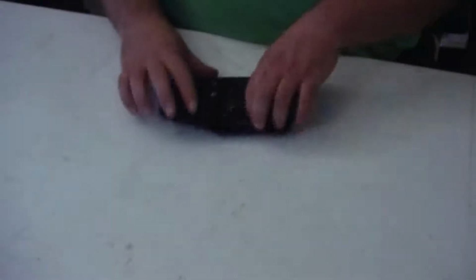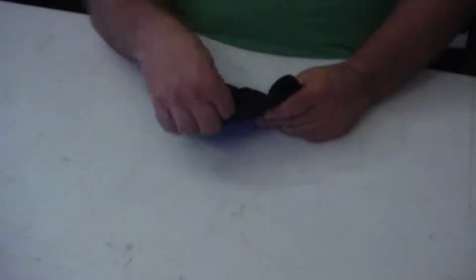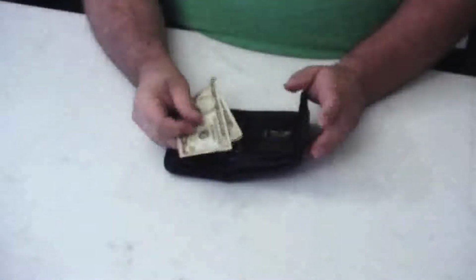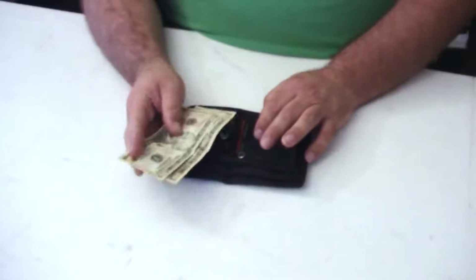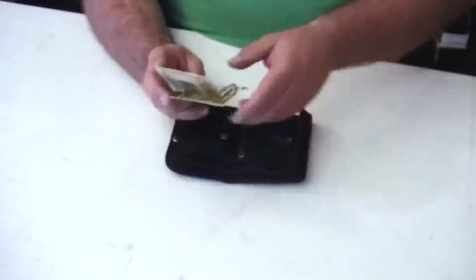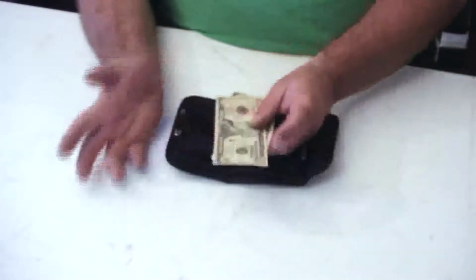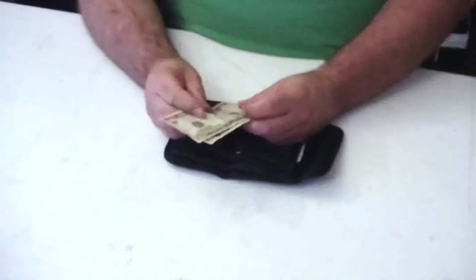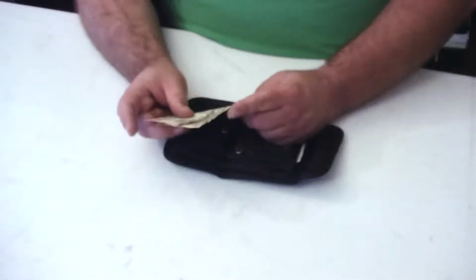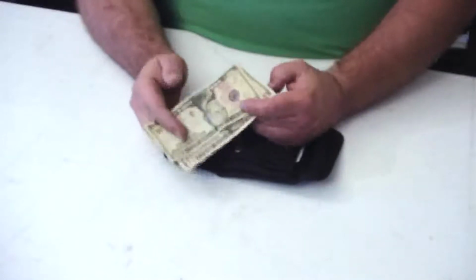Well, first thing that I want to mention that I carry now that I didn't used to carry, I do carry a little bit of cash, and I only carry $20 on me, and it's really all I've ever needed in emergency situations. Some people talk about carrying $100 on you, and I don't disagree with that if that's practical for you. The only thing is, if you're going to carry $100, make sure you carry it in smaller bills,